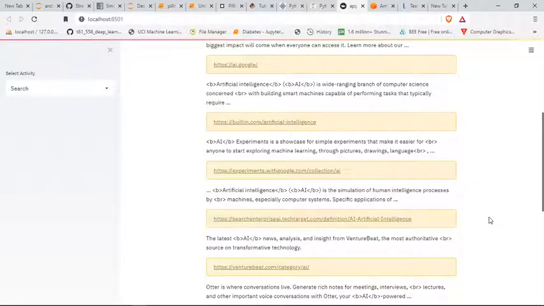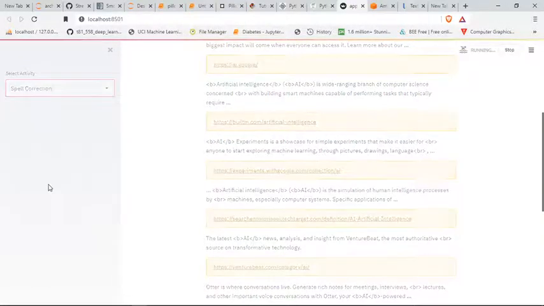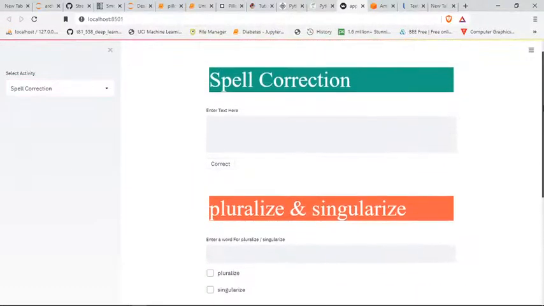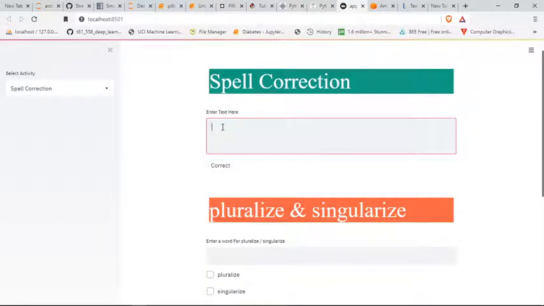Now I will show you the last functionality of the project, spell correction. Spell correction is used whenever a user makes some mistake while writing their text. For example, I gave some text here.